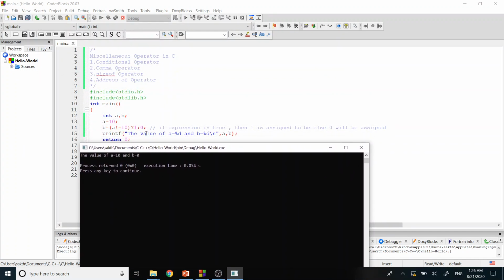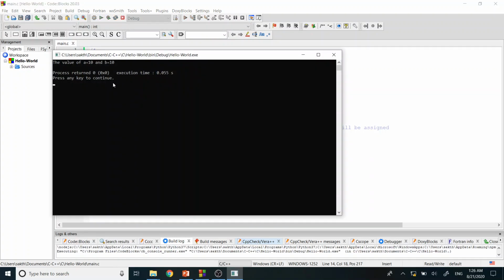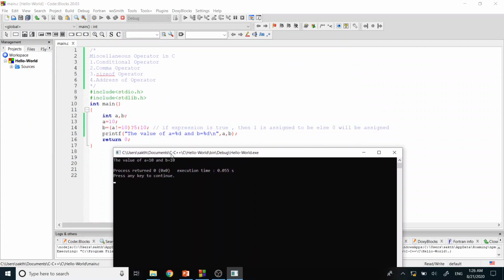Instead of giving a value, you can also give expressions here. For example, this value can be assigned 5, or this value can be assigned 10. If I run the program again, the b value is 10. That's because the expression is false, so 10 will be assigned to b.